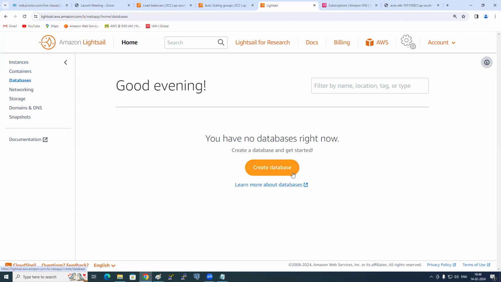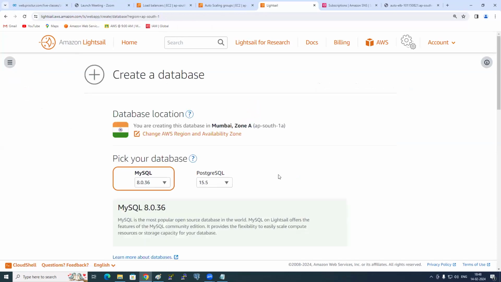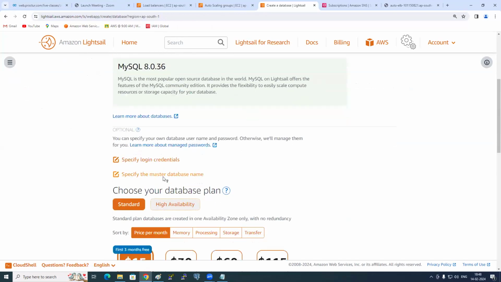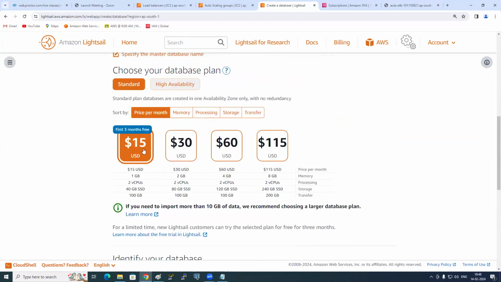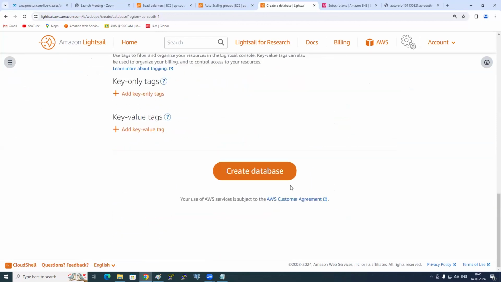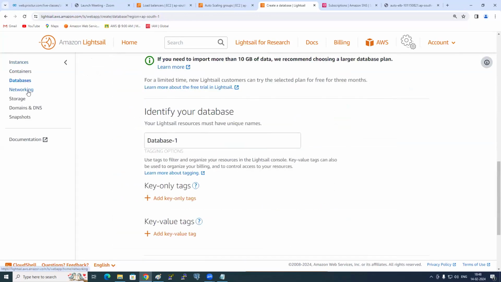But RDS supports how many engines? 7. But here it supports only 2. MySQL, Postgres. That's it. So click on create database. Do you see? MySQL, Postgres. Give the name, give the details, select the plan, how much GB RAM you need, and create the database. Easy. It's damn easy, guys.